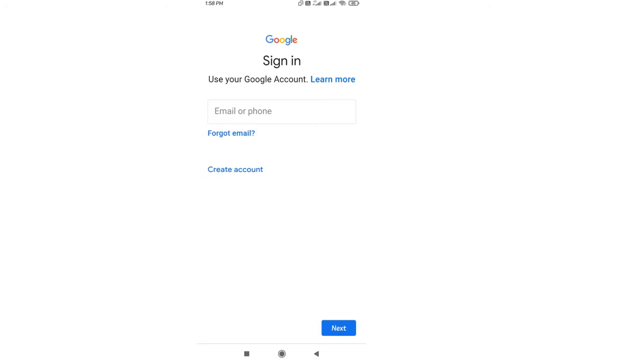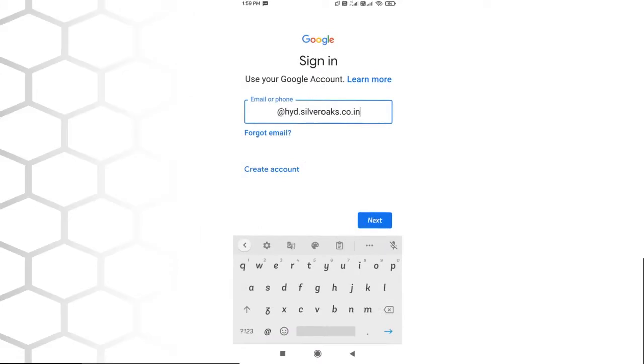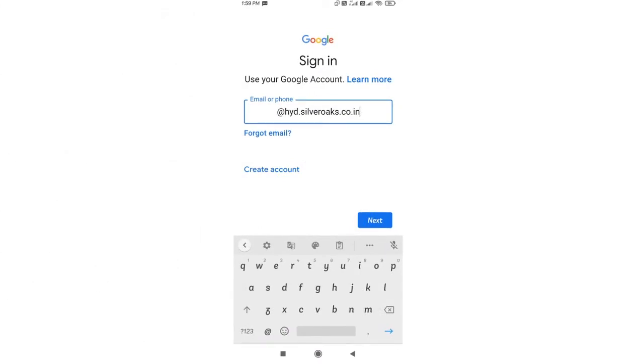Here we have to sign in with our school account, whatever the school email ID, like hyd.cellorooks.co.in. We have to type in our school email account in this space and click on next.